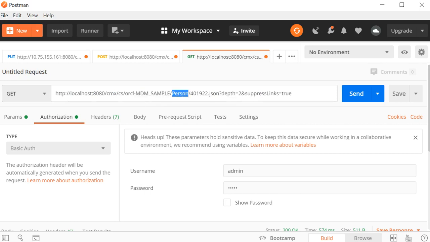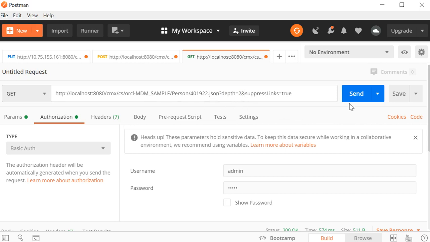I have selected my business entity as person, and I'll give my row ID object, and the format is JSON. The depth means the lineage, and currently the depth is equal to 2, which is where I'll be able to retrieve the parent record with the immediate child record.